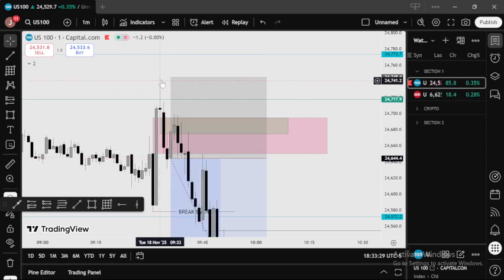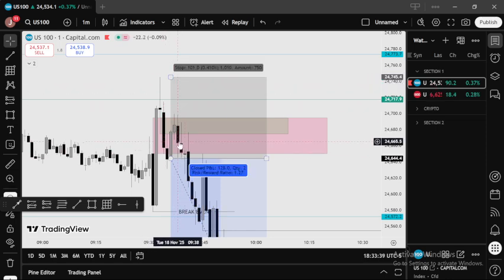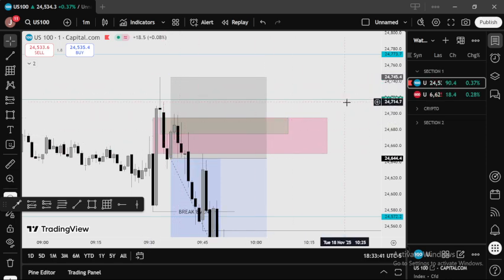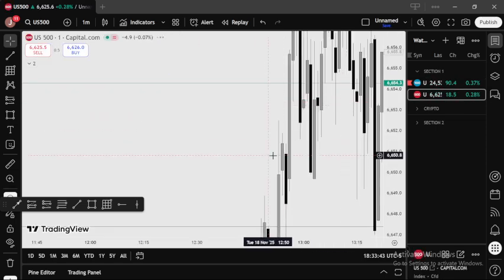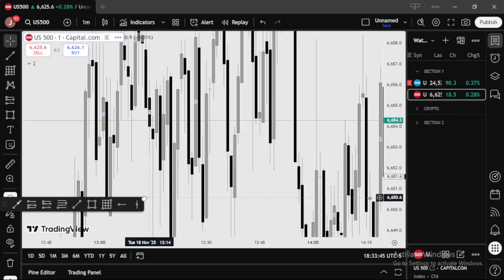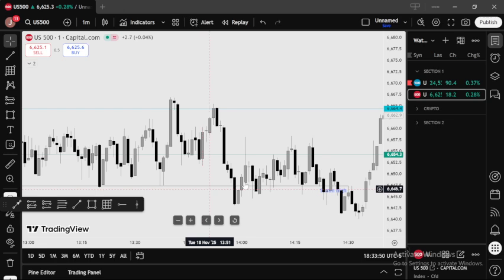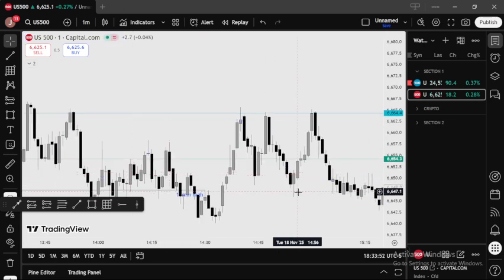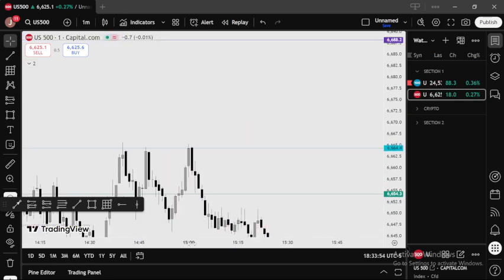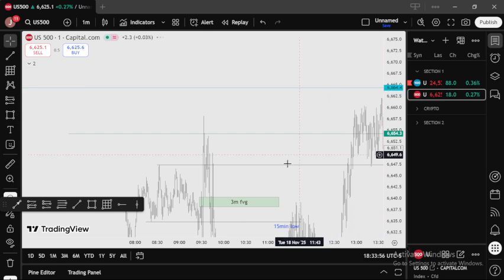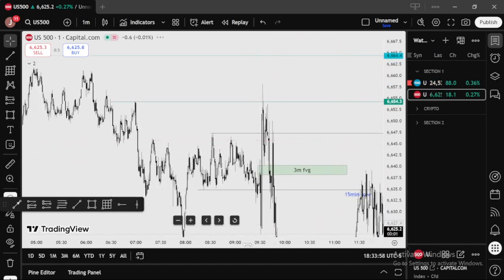I put my stops on the 5 minute high right over here. Now this is when things started to get a little tricky for me. Not tricky as in risky, right? I entered, and price started buying instantly. I am bearish, and I was confident in my bearish bias, but the S&P 500 was way different.